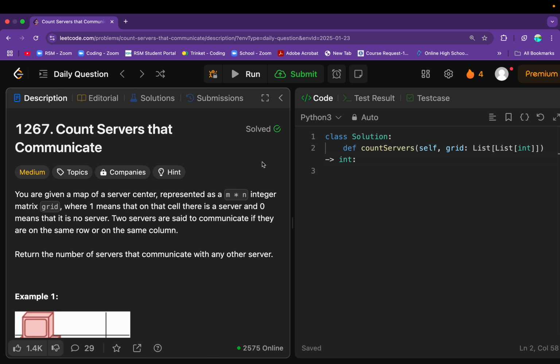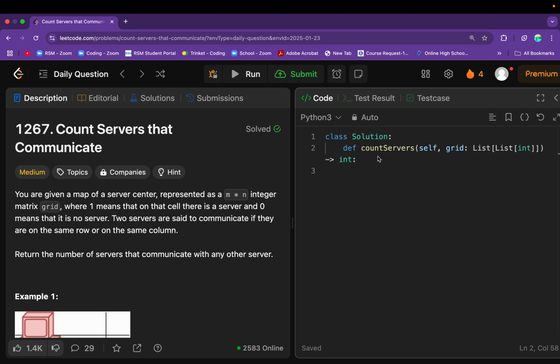Okay, so this problem, as you may or may not have seen before, depending on what level of Leetcode you're actually on, it isn't too bad of a matrix problem, right? It really is just going through all the different rows and columns in the input, counting how many servers are actually in the corresponding row and column, and checking if there are at least 2 servers in every single row and column, and counting how many servers actually have that property. That is kind of the rundown of the solution,